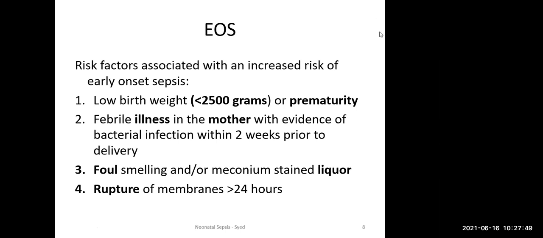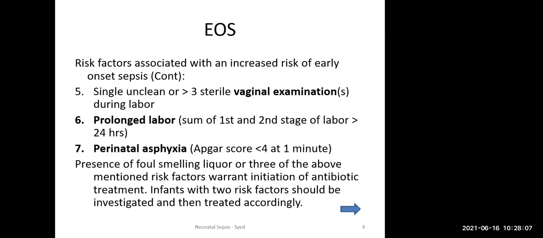So the most important is to identify risk in the mother and signs and symptoms of sepsis in the mother and treat with antenatal or intrapartum antibiotics. These are the risk factors you can read. Next, these are also the risk factors. The highlighted ones are the most important. Prolonged labor. These are mainly maternal risk factors. For antenatal risk factors, things like perinatal asphyxia are one of the risk factors for sepsis.